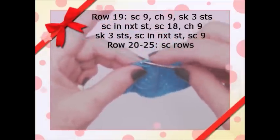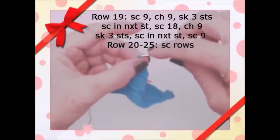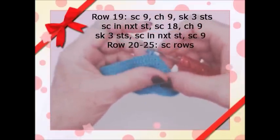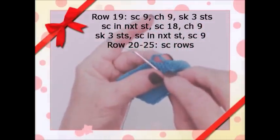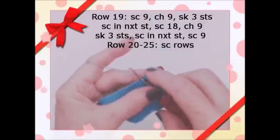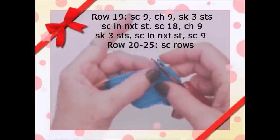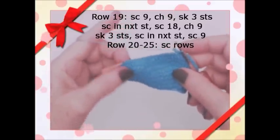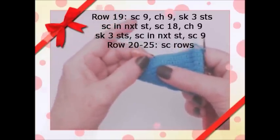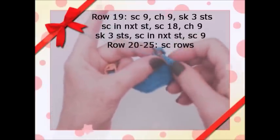You're going to single crochet in that back like that, and this makes the loop to start the sleeves. So then we're going to single crochet all the way across 18. Then I marked this in 13 stitches, so you can do that, or just, you know, single crochet 9, chain